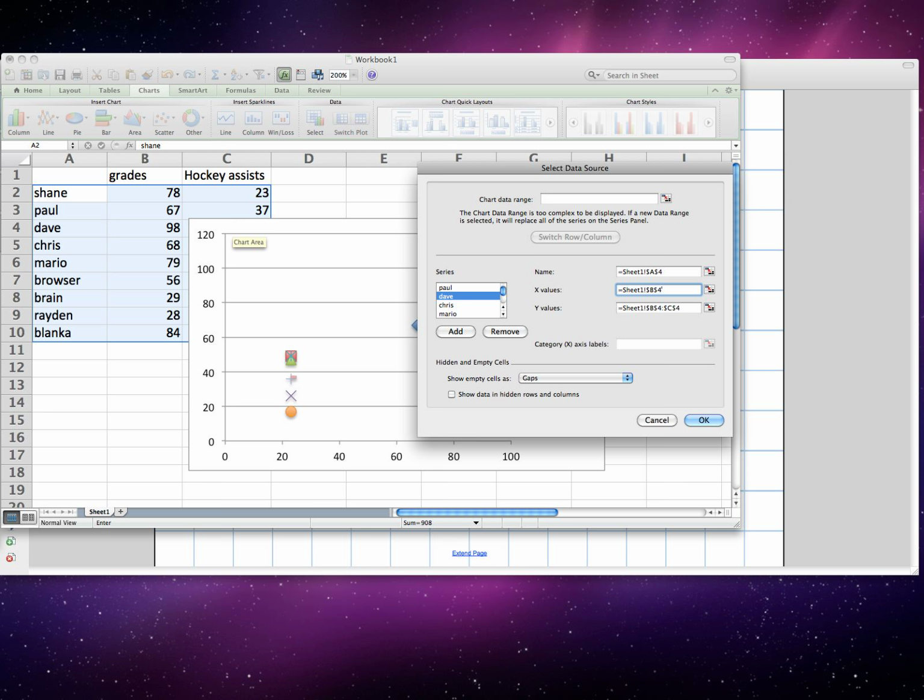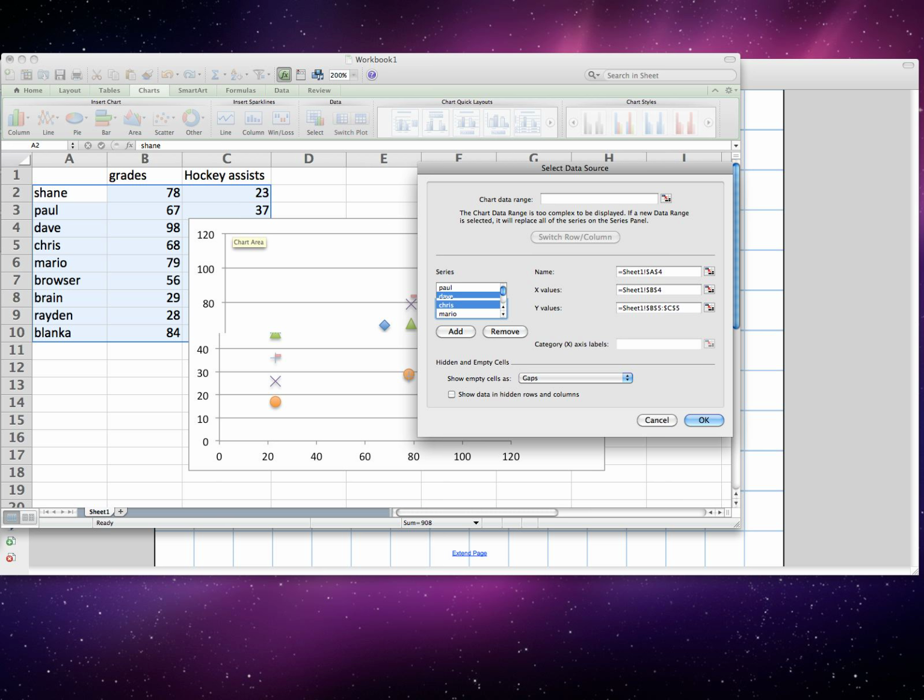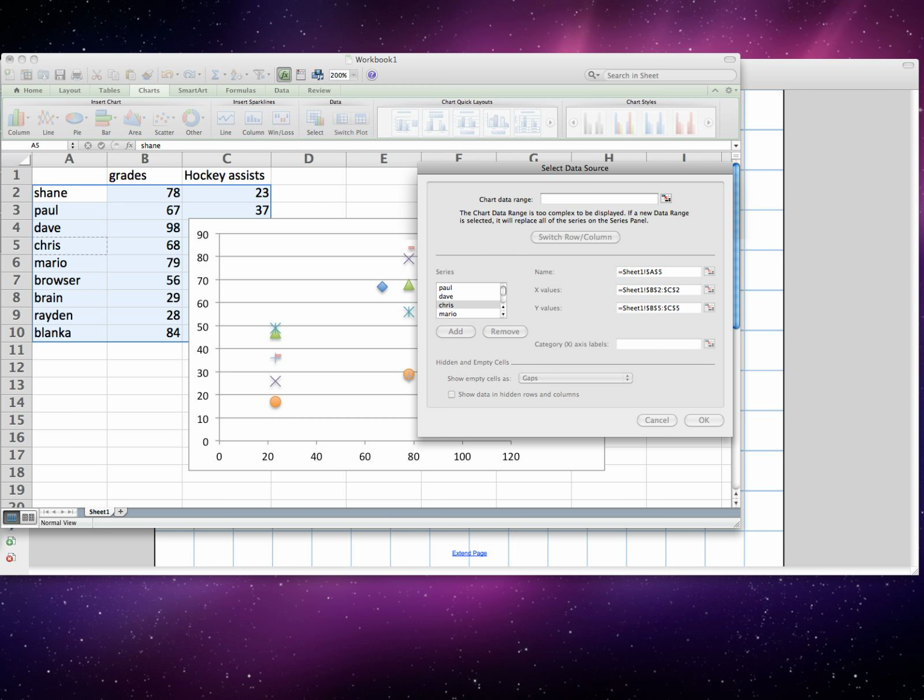And then what will I want for his Y value? Anyone know? C4. That's right. So we go, and we erase the other numbers. We only have C4 in there. So I need to go to each of the series, which are the names of the guys. For instance, Chris. Chris is in A5. That's perfect. So in the X value, I want B5, and in the Y value, I want C5. You need to do that for each of the individuals. And what you're going to end up with at the end,